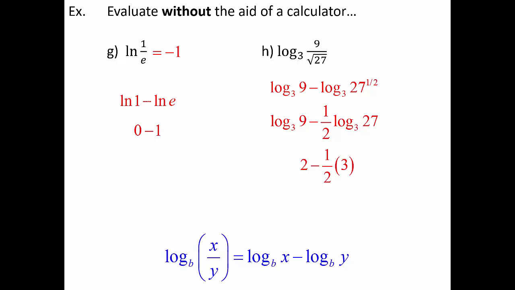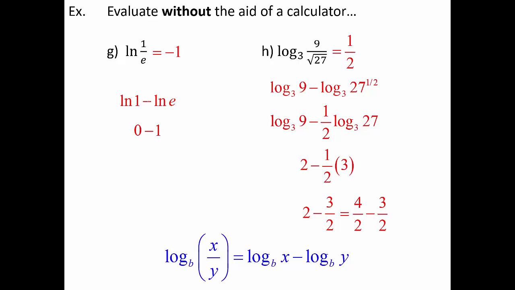And let's just clean this up. 3 times 1/2 is 3 halves. And 2 minus 3 halves, keep in mind 2 is really 4 halves. 4 halves minus 3 halves is 1/2. Final answer. Just to point out that we could have done this by rewriting 9 over square root of 27